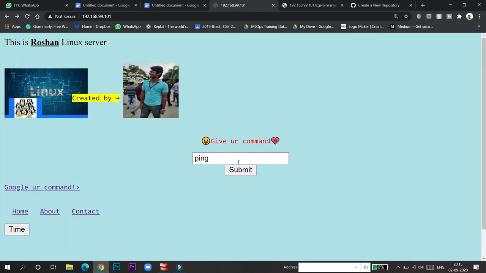After connecting, you will see it pings Google and the network is reachable. Here you see Google your command. This is an interesting thing I have added.